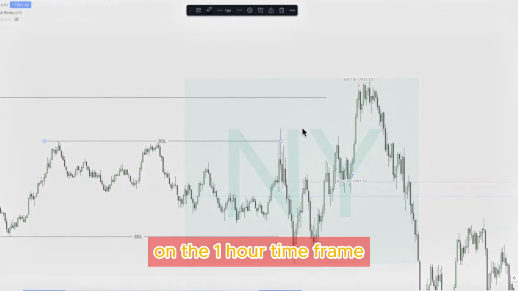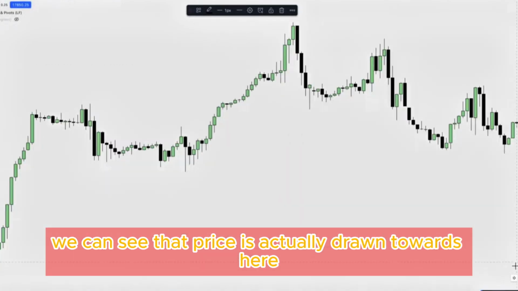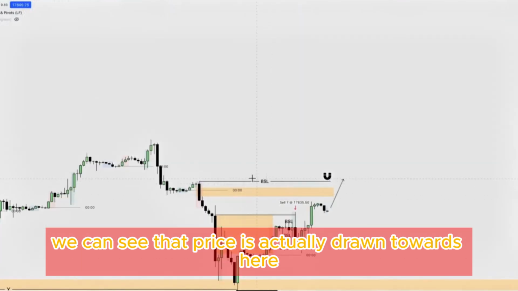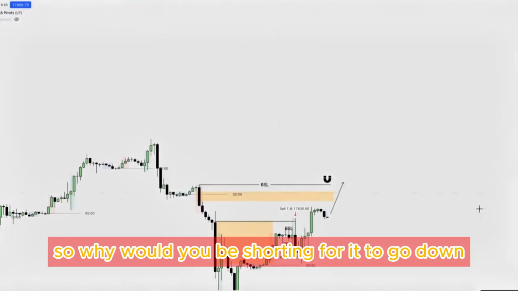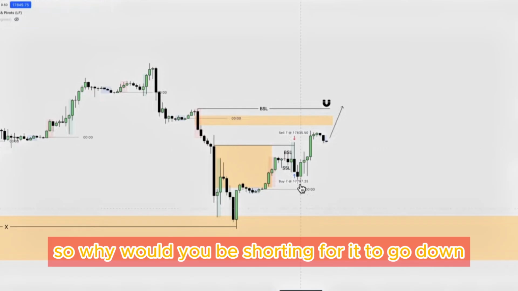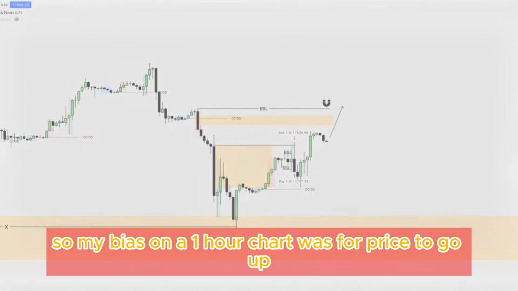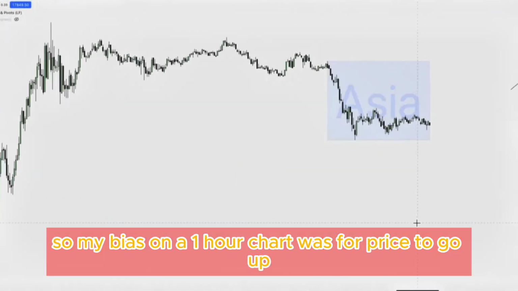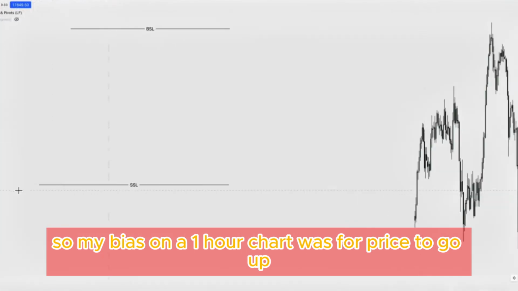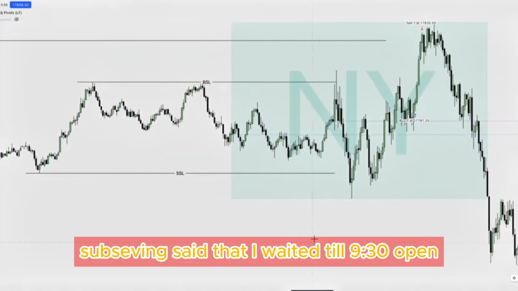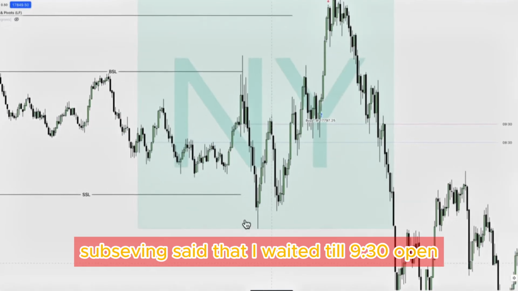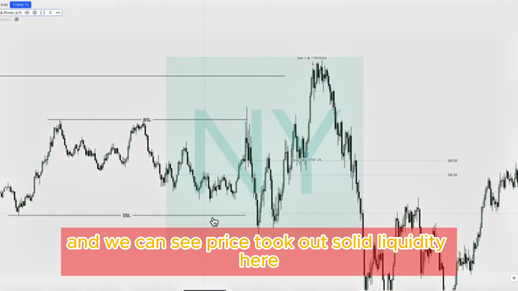On the 1 hour time frame, we can see that price is actually drawn towards here. So why would you be shorting for it to go down? Like I said before, price was already respecting these bullish PD arrays. So my bias on the 1 hour chart was for price to go up. So having said that, I waited till 9:30 open, and we can see price took out sell side liquidity here,